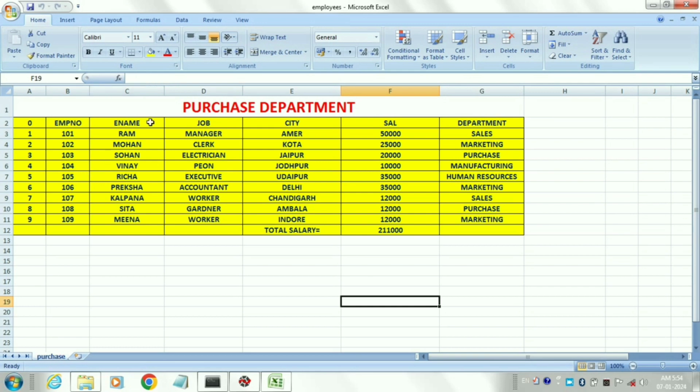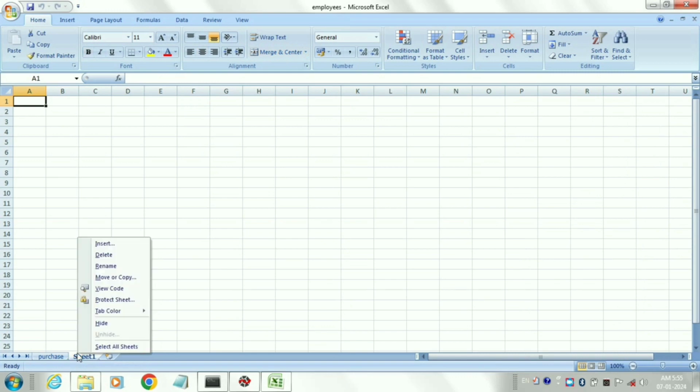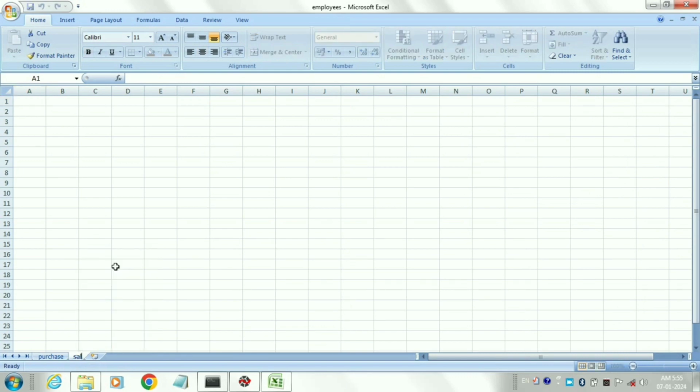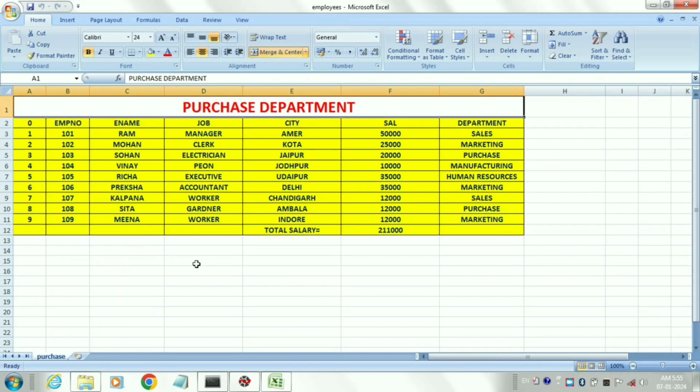This is the Excel sheet named purchase, and it has purchase department data. Here our program will create another Excel sheet named sales and then copy all the data of the purchase sheet to